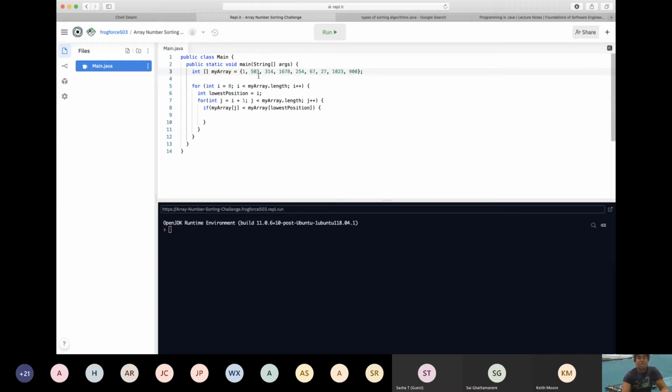And then you're going to say, is 503 less than 1? If it is, then you're going to do something. Otherwise, you're just going to do nothing, because then you know it's already in order, right? So if it's not less than it, we don't want to change anything, so we're just going to leave it as is. But if it is smaller, like say 27 is smaller than 503,